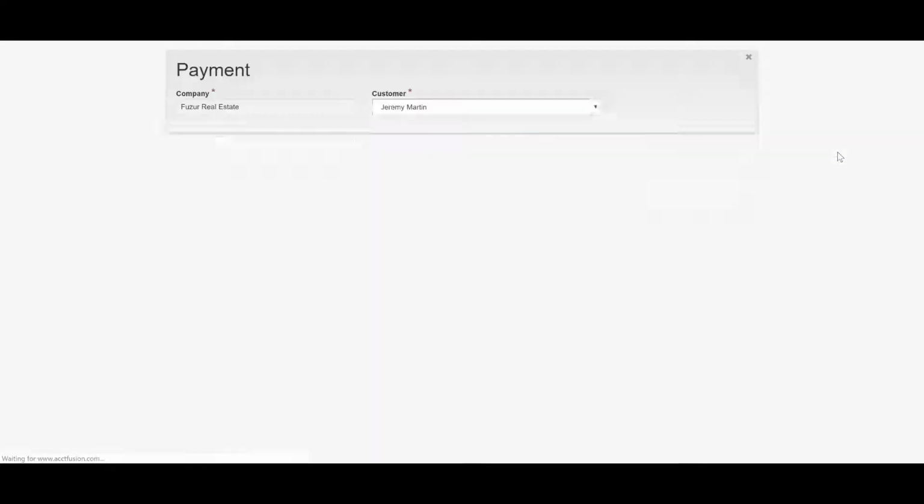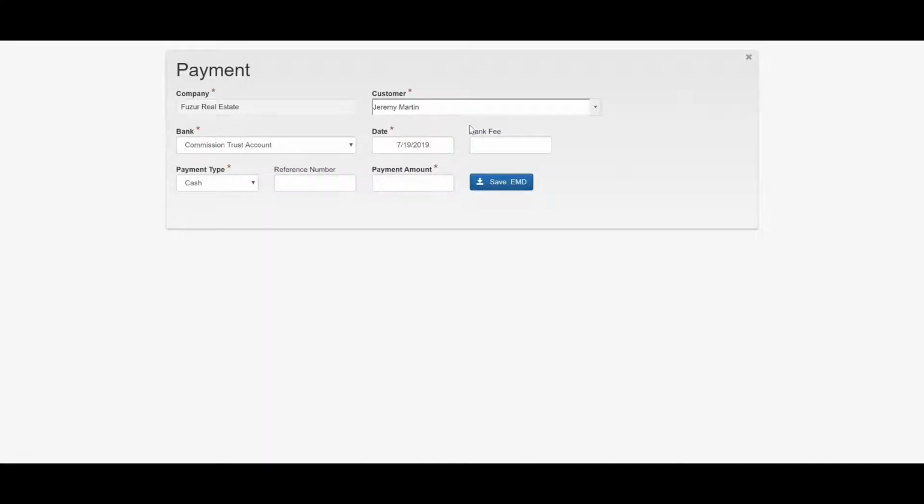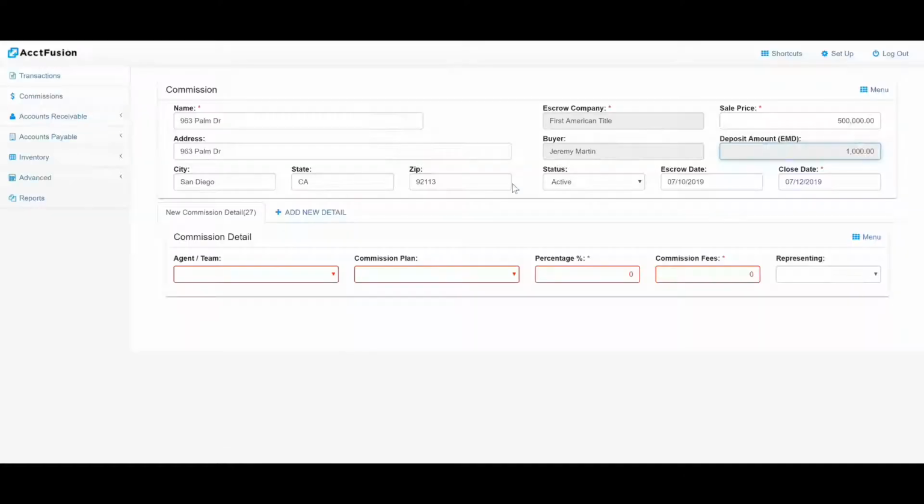Go ahead and click this field, and it will open up the payment. As you can see, it's getting paid out to us, Fuser Real Estate, from Jeremy Martin, the customer. And if we put in, let's say it's a check, we'll put in the check reference number, 10022, theoretically, and the payment amount, which will be, say, $1,000, will be taken out of the receivable and be calculated automatically. So we can save this, and now everything on the deposit end is done, except for the physical transfer of